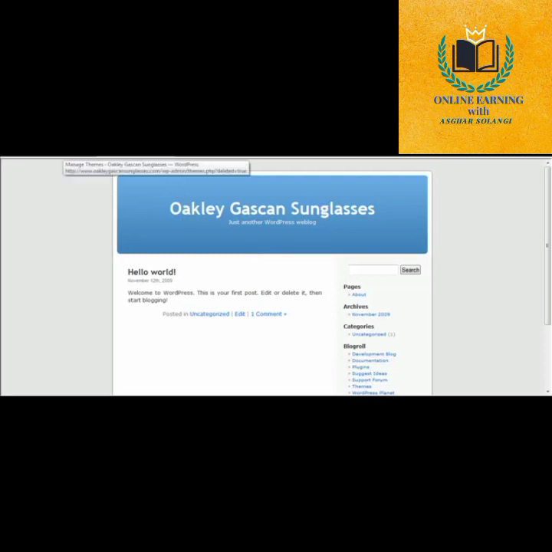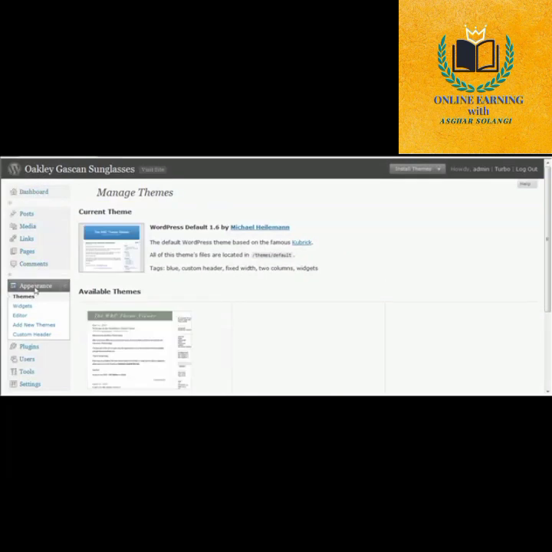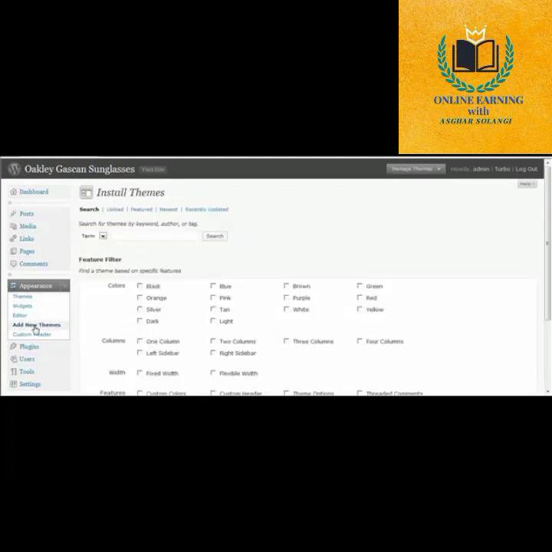So what you want to do is come right over here to log into your dashboard, and you just want to choose appearance from the left hand side. You want to come down and choose add new themes. What I recommend you do is that I usually go by colors: black, blue, those tend to